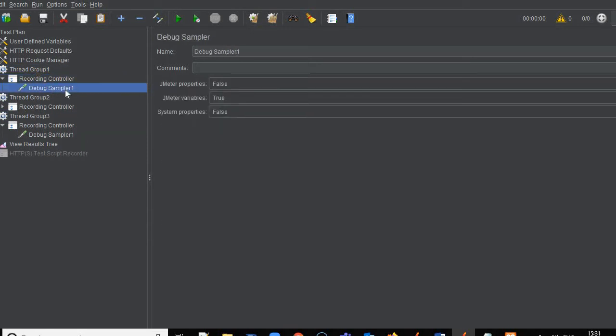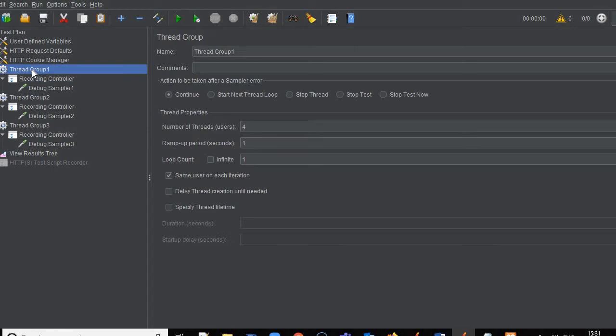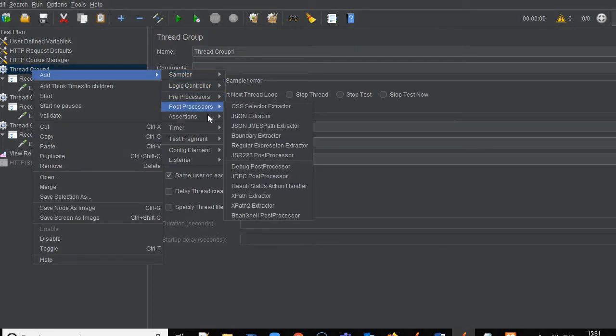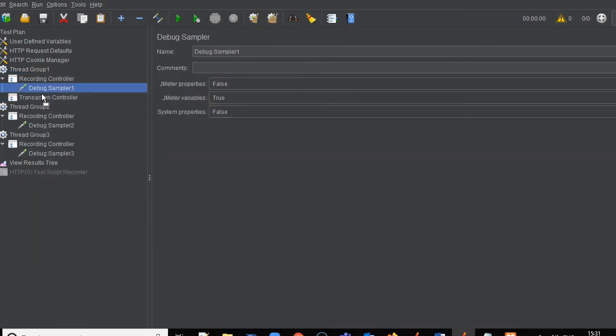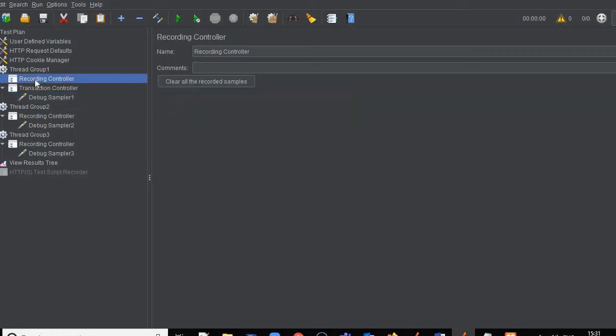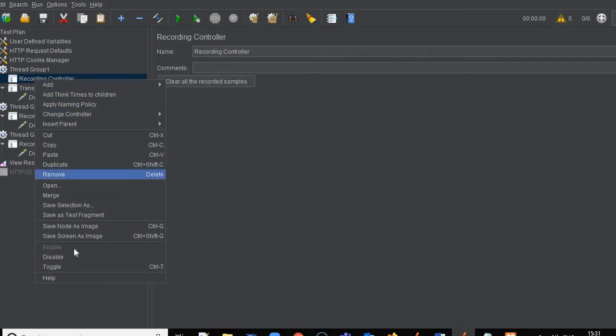Now for the debug samplers, we need to give a name to each sampler as well, so that it's easy for us to understand later how it is behaving. Debug sampler 2, and over here it's debug sampler 3. Let's change the controller as well. It's a recording controller, but rather than a recording controller, we prefer a transaction controller. So let's move this request under the transaction controller and delete the recording controller from here.